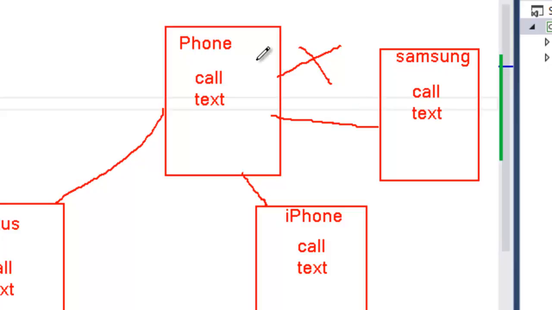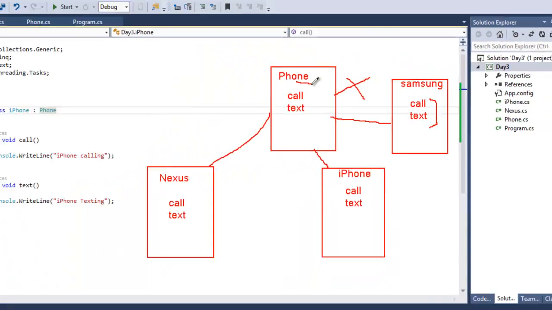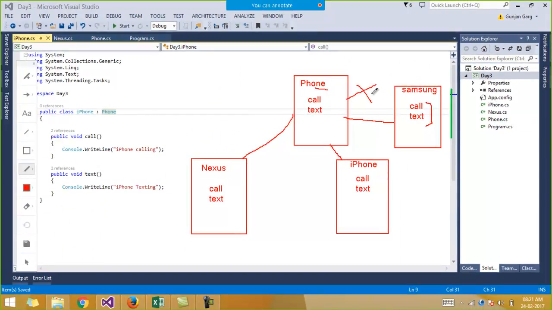So now if a layman sees this code, he will easily understand that these two functions are for sure there in the Samsung class if it is implementing the phone interface. The implementation can be different. The way the Nexus calls and the way the iPhone calls will be different, obviously.